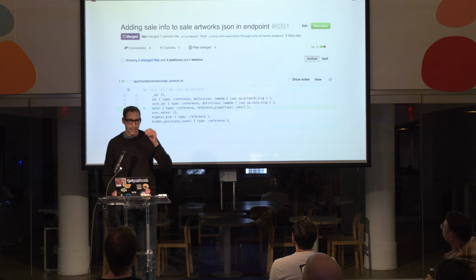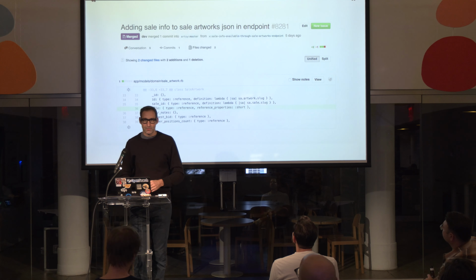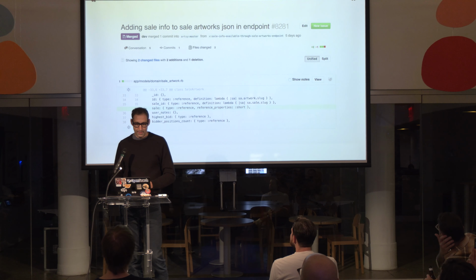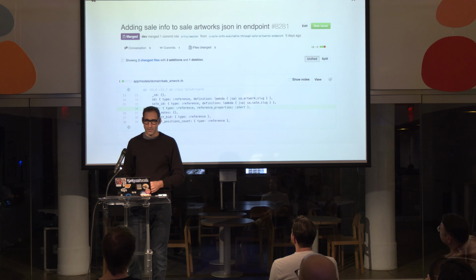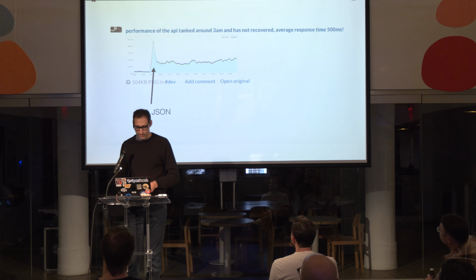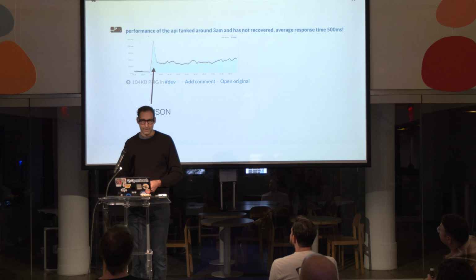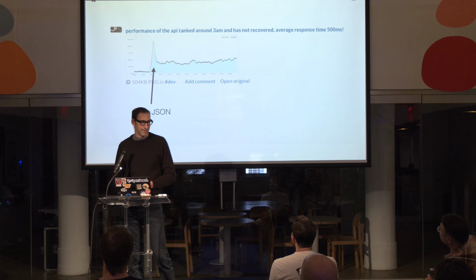So I used to work at Artsy, and we exposed our first API for our mobile clients. And there were objects like artworks, and artworks had sales. And when we added a sale to an artwork, we just serialized JSON out to the caller to get that quickly and easily. And it worked very well, except that when we rolled it out, first some massive cache invalidation happened, and our website tanked in its performance,